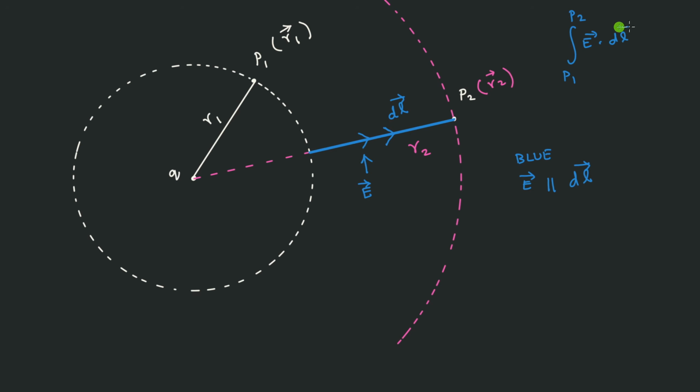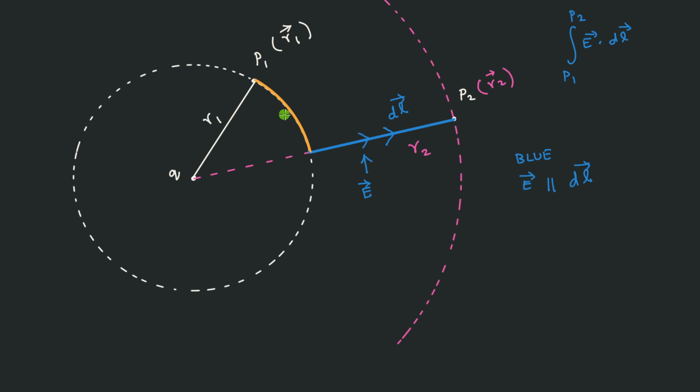The original problem is this one. So P2 I know that I can reach, but I am standing here. P1 also I have to cover, then only P1 to P2 will come. So naturally, you can think that if you travel along the curvature, that is an arc of a circle, then something interesting happens. So that is what we are going to choose. Let me choose another path as the arc of the circle, and let me make that a continuous line instead of the dashed line.